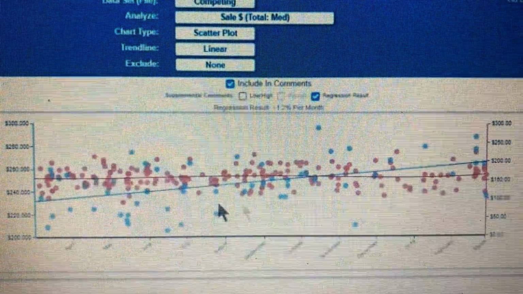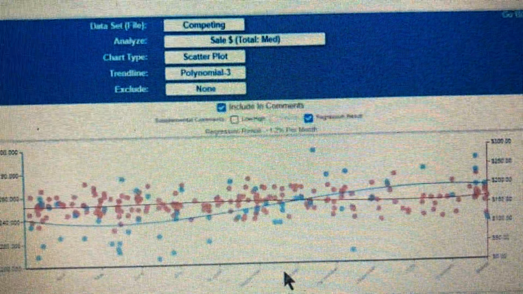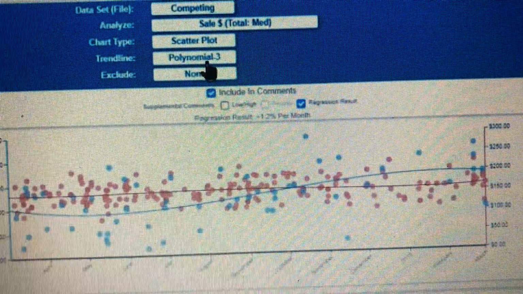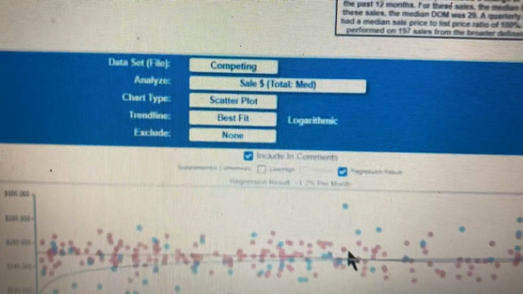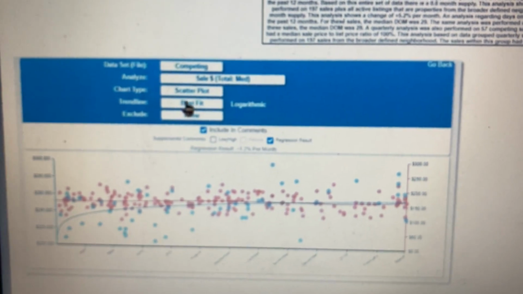So in that case, you see the linear trend line there. Now I could also choose it to be like a polynomial 3, and it does that. So anyways, the point is you set it up how you want to, and that's how Spark will do things. Now, down here, oh, I'm sorry, there's one other thing,